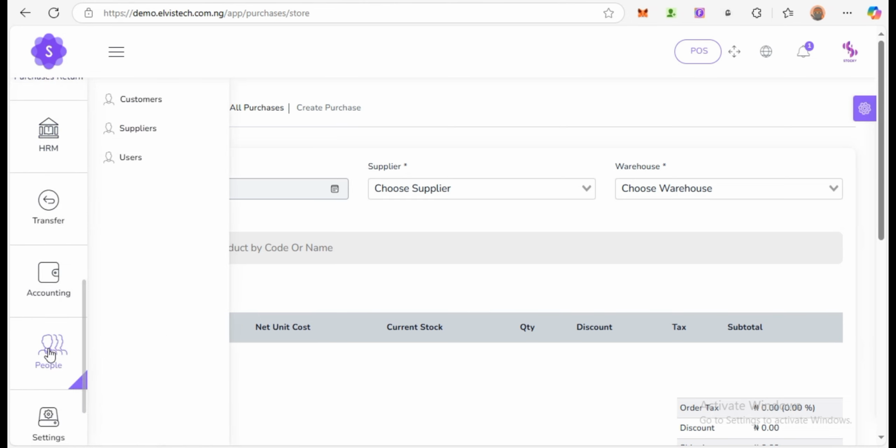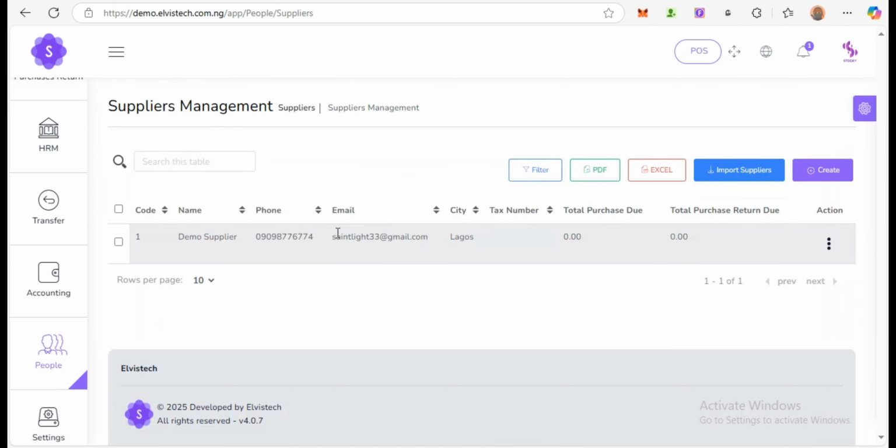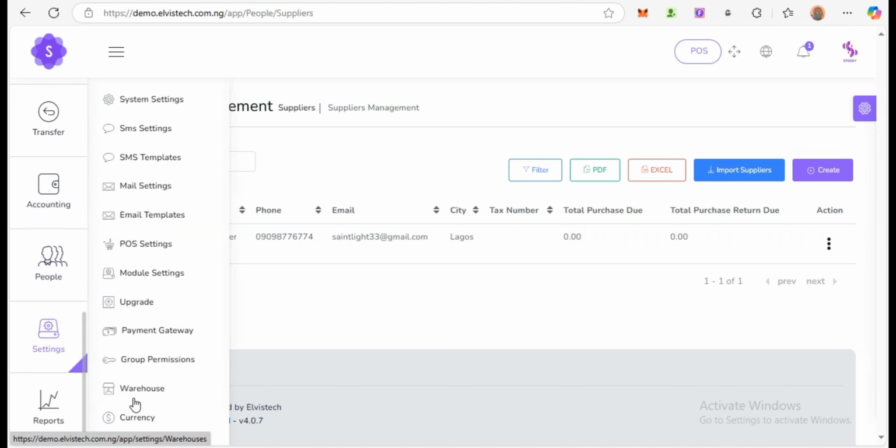Let's go to people. You go to people, click on it, then click on suppliers. This is where you add all your suppliers. Adding your suppliers is very important. Once you are done with the settings, the first thing that we did was